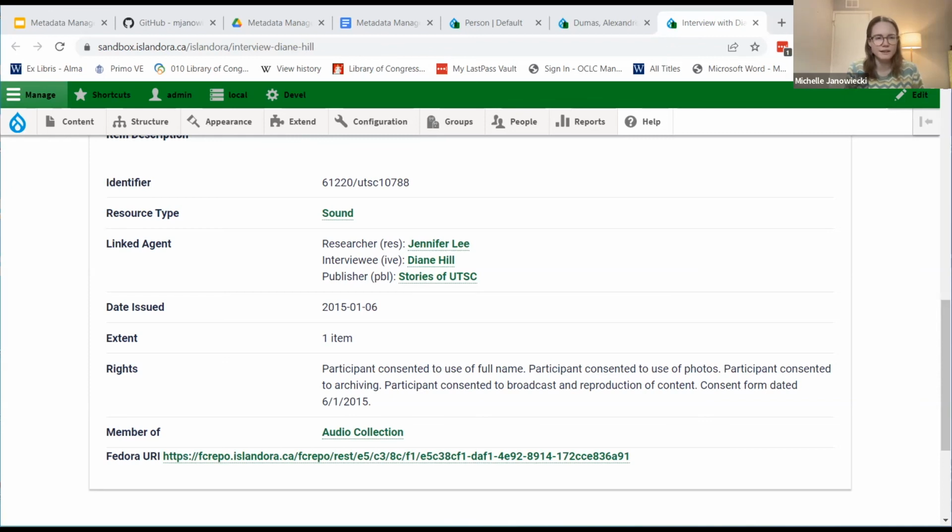Bethany Seeger built that export feature. And it also means that if I need to make bulk updates, let's say to all my corporate bodies, I can do my export of all my corporate bodies, make changes in my spreadsheet, and just put that same exact spreadsheet back in our migration module, and then re-ingest it, and it will just fix whatever changes I made, and it will tell you how many terms were changed